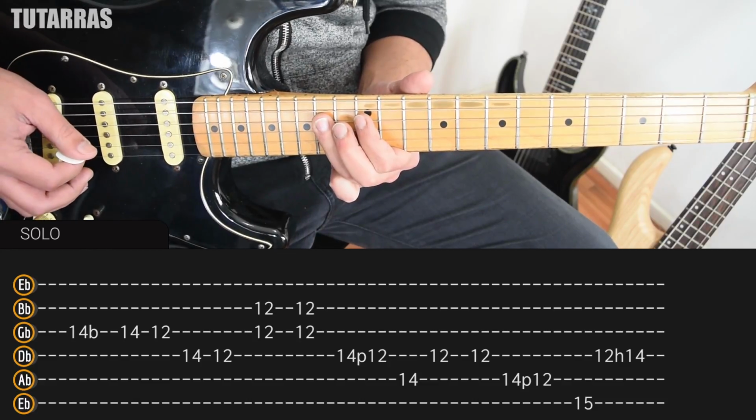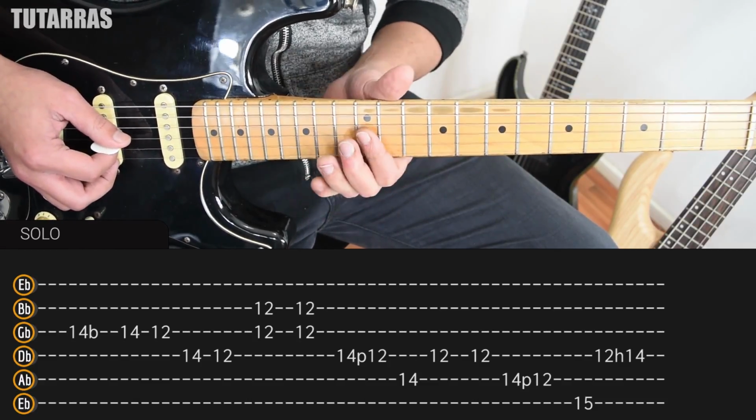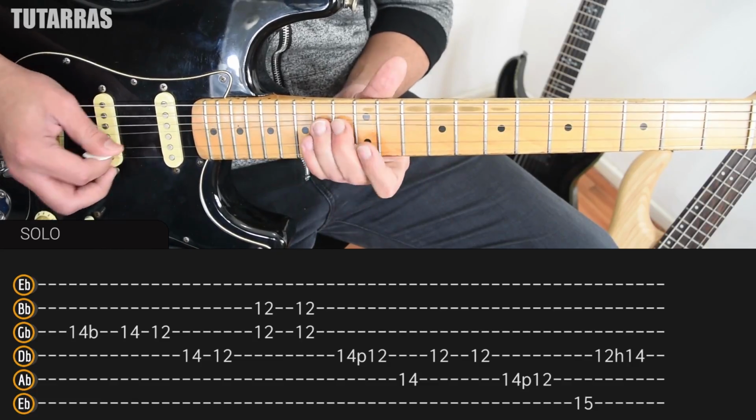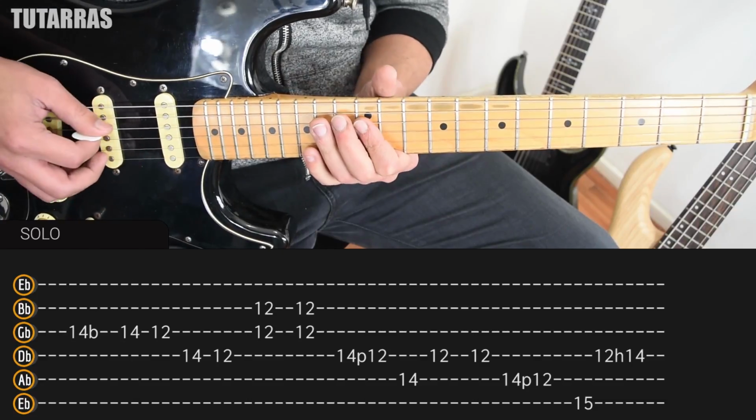And next, we do that. 14 of the D string, pull off to 12, and we make a bar on the 12 of the G and the B, and we strike it twice. To move forward,